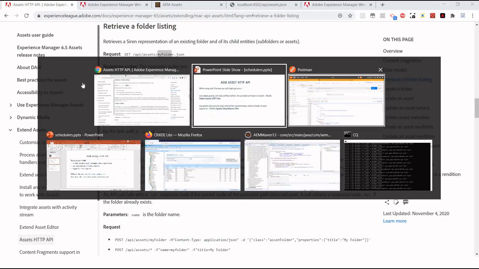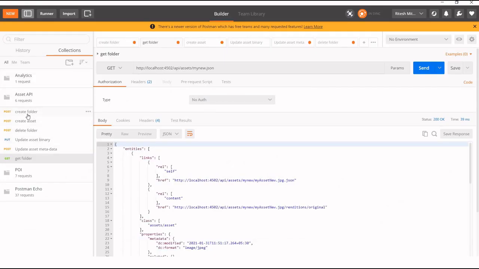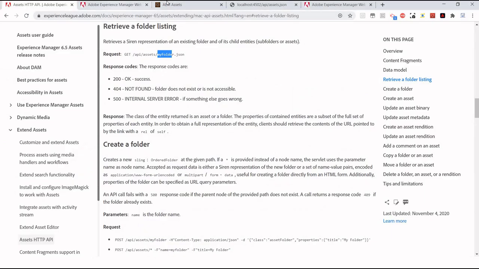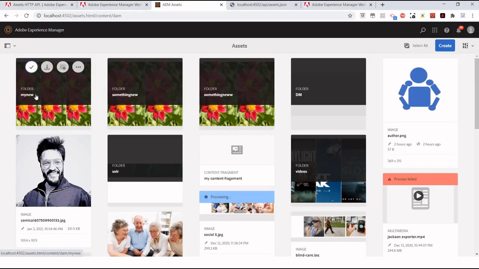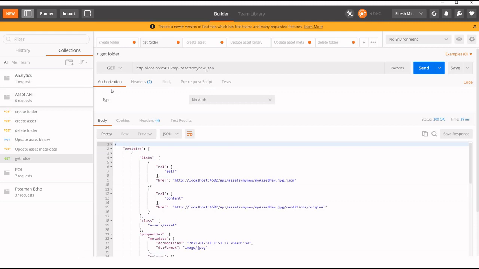So I'm going to Postman now, and I have created a few of the request types. First I will go to the get folder one, in which, as you can see, I have set the HTTP type as GET, and the URL is localhost:4502, and there is my new folder in my DAM. I'll just show you. This folder is already there, .json.